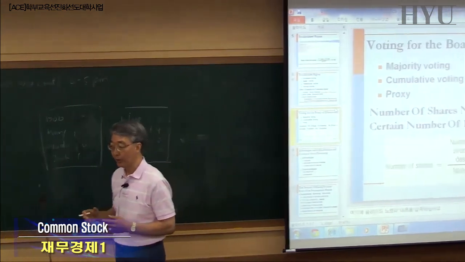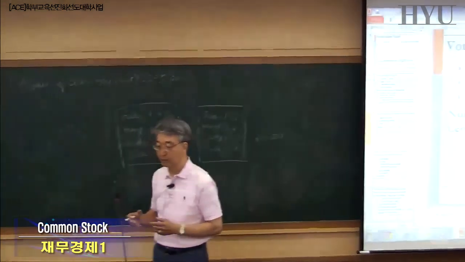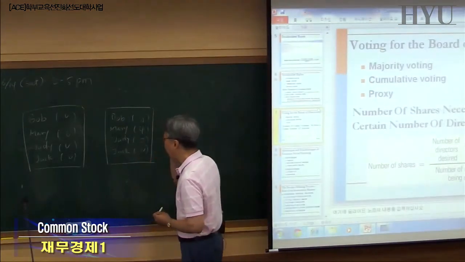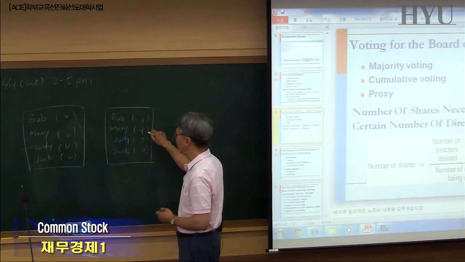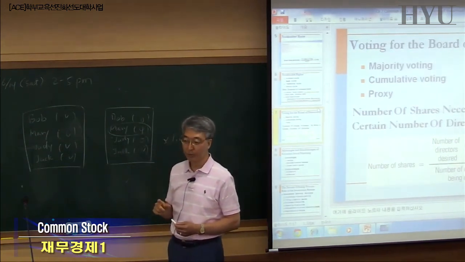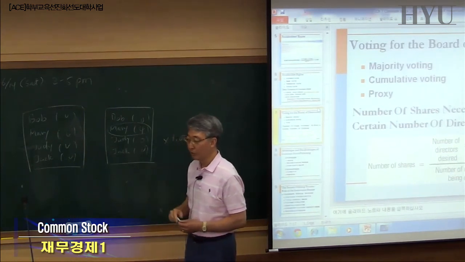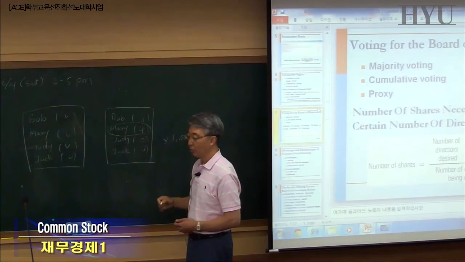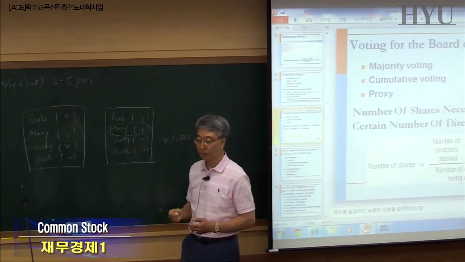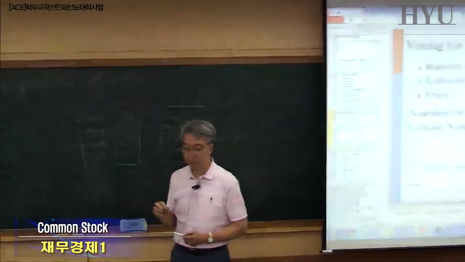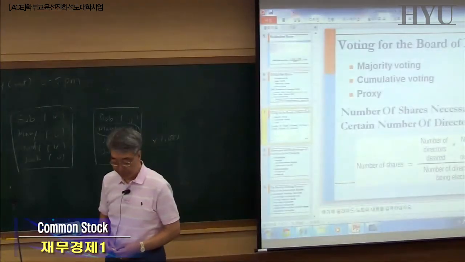The difference in consequence is if you concentrate, or if you make an alliance with a few other minority members of the stockholders, and you say, we need to elect at least 1 person to the board, so why don't we concentrate our votes on Mary? Then you can elect at least 1 person or maybe a couple of people to the board by concentrating your votes.